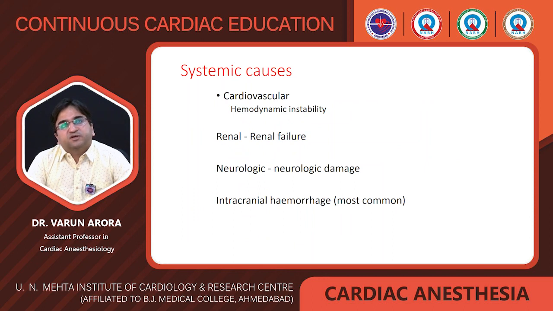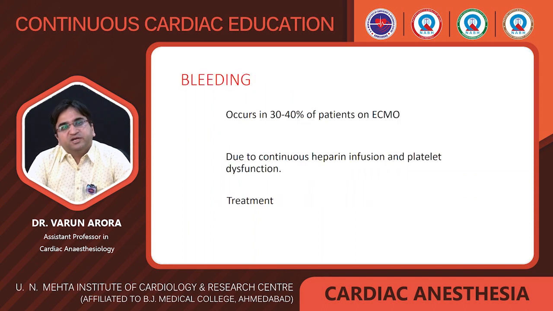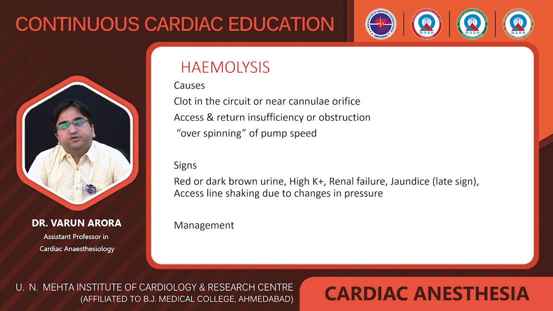Coming to the systemic causes, cardiovascular, it can be hemodynamic instability, renal failure, or neurological damage, or intracranial hemorrhage, which is the most common. Bleeding occurs in 30 to 40% of patients on ECMO due to continuous heparin infusion and platelet dysfunction. Coming to hemolysis, causes include clot in the circuit or near the cannula orifice, excess return insufficiency or obstruction, and overspinning of pump speed. Signs of hemolysis are red or dark brown urine, high potassium, renal failure, jaundice,